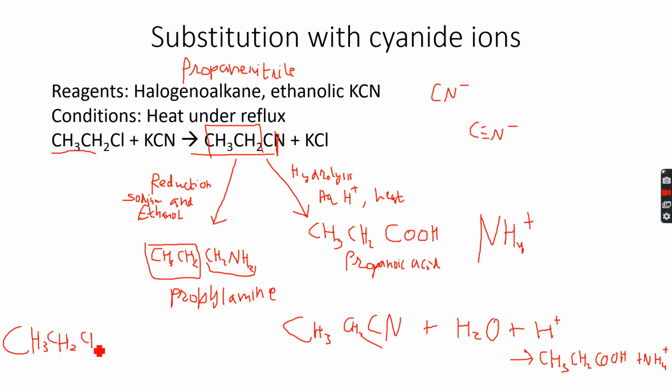whenever you have a reduction reaction, you write, and in this case, since you are adding 4 hydrogen atoms, this will be 4, and you'll get CH3, CH2, CH2, NH2. This is the reduction of nitriles, and this is the hydrolysis of nitriles. So actually, I was supposed to cover this reaction in the AS level carbonyl compound series, in the AS level carbonyl compounds playlist, but I've covered it